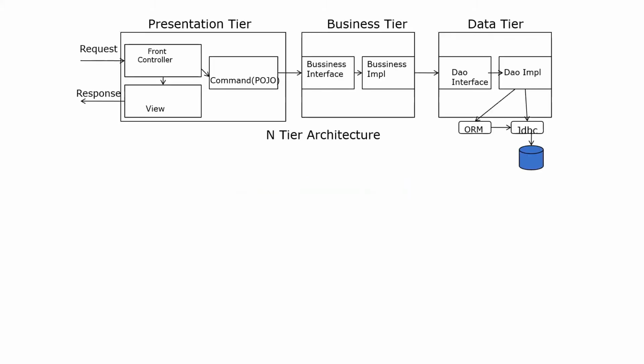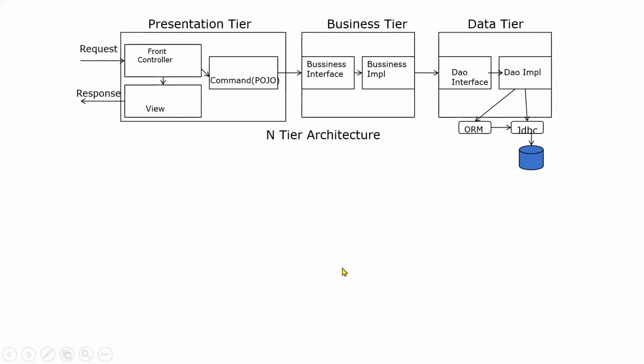So when we are developing web applications, we use a three-tier architecture, right? It is a layered architecture: presentation layer, business tier, maybe data tier. If you look at one complete transaction, the request comes from the presentation tier and goes to the business tier and then the data tier, and similarly the response will come back. The request comes to the controller and the response will come back from it, right?